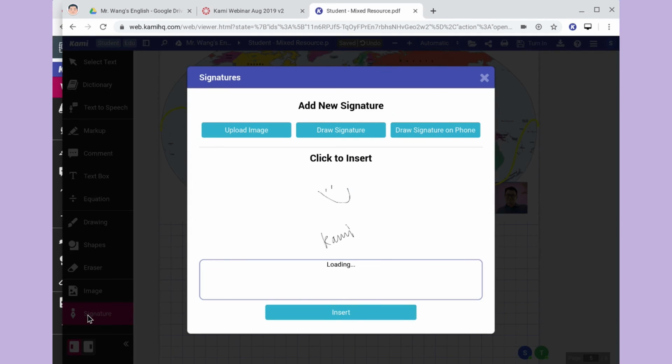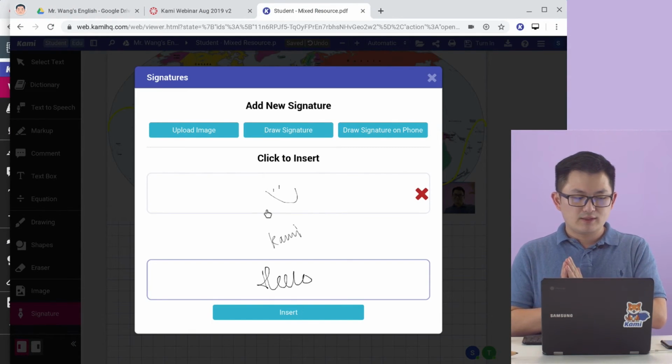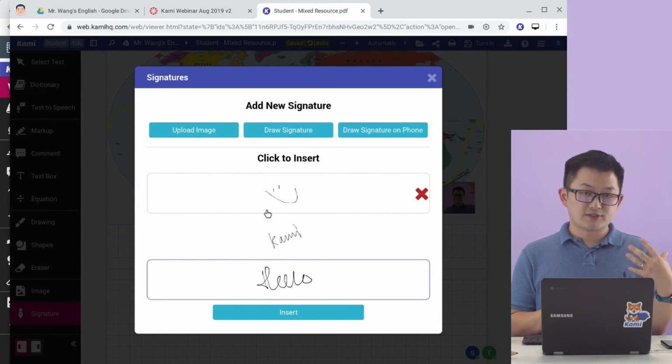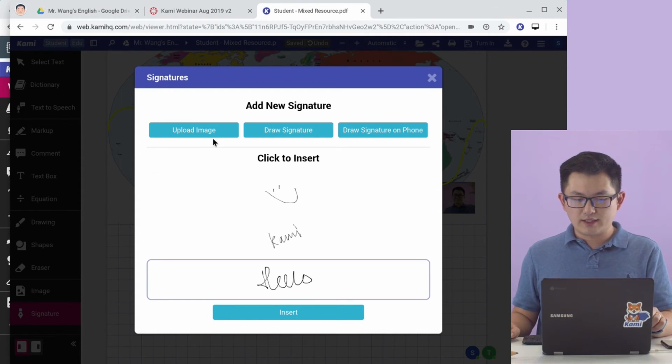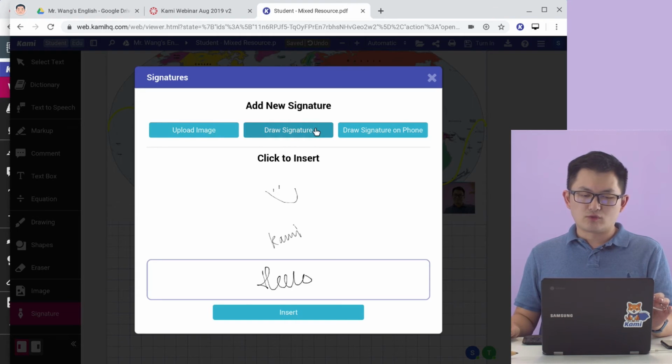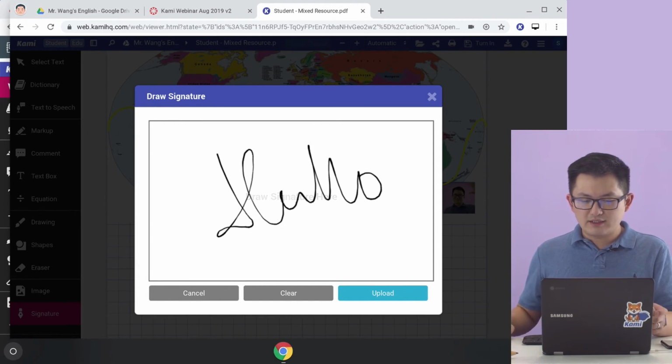We also have a signature tool. This is really powerful for permission slips, but also grading. If you're a teacher, you can use this as a stick pack. You can upload any kind of things onto it. So I can upload an image. I can draw an image. I can draw hello here. I can even